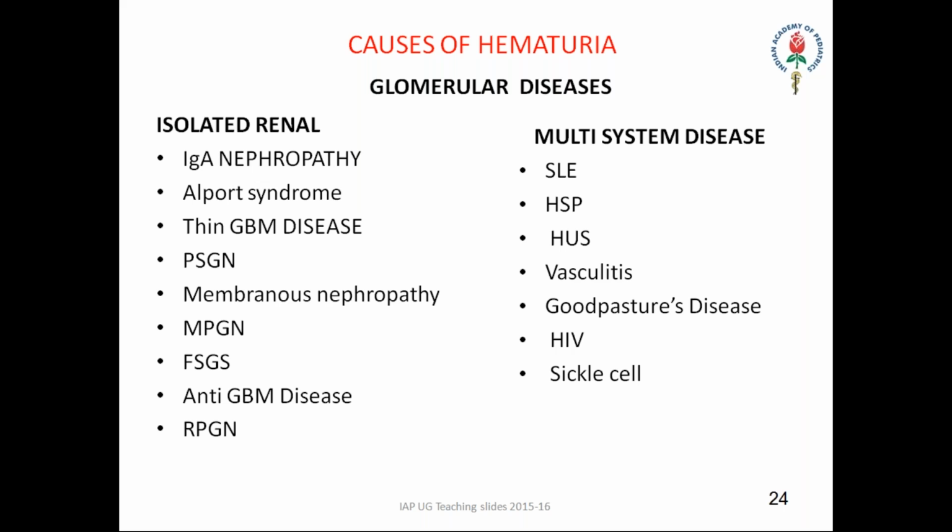So, causes of hematuria in glomerular causes, isolated renal and multisystem disease. When it comes to the isolated renal forms, you can have IgA nephropathy or Alport syndrome and thin glomerular membrane disease, post-streptococcal glomerulonephritis, membranous nephropathy, and membranoproliferative glomerulonephritis, your FSGS and anti-GBM disease, and rapidly progressive glomerulonephritis. And coming to the multisystem disease, those are usually connective tissue disorders like